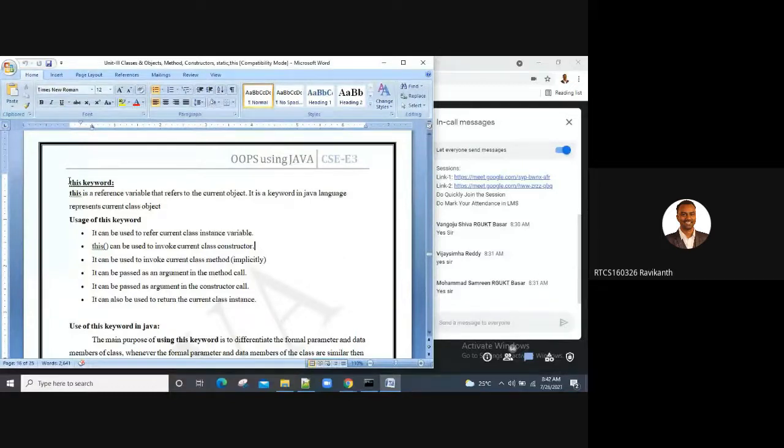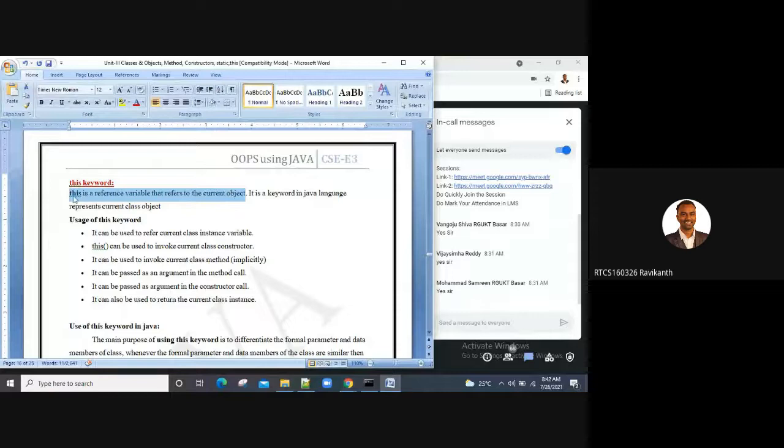Right. So coming to the this keyword, we have completed the super keyword and the static keyword. Now we have the this keyword. So what do you mean by this keyword, guys? This is a reference variable that refers to the current object, the current particular object. In the previous sessions, we were looking at some examples.